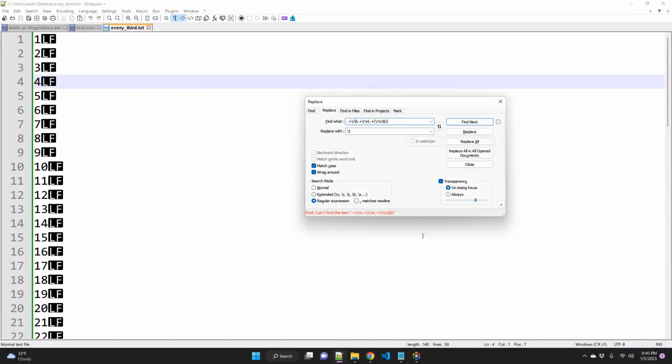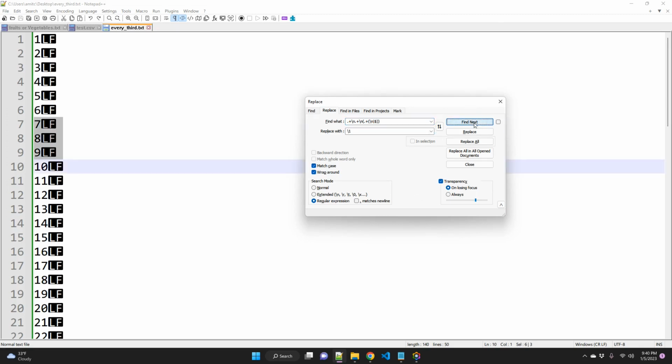One way to solve this: it's looking for carriage return, which is /r, which in our case doesn't have it. So that's why it says, well, I cannot find your regular expression. So one thing I can do is remove these and just keep /n, which is for line feed, and you will see that it will work, right? So if I only have line feed, and if I go, you can see it is selecting 3 at a time, right? Now, if you have a lot of files and you're not sure about this line feed carriage return handling, because it can be a little confusing,